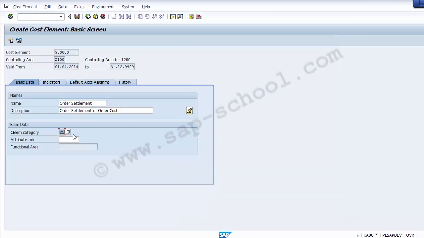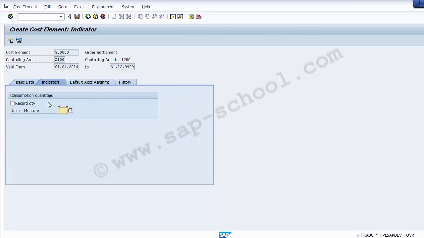And once you have selected the cost element over here, now we can move to the indicator. It's very much similar to that of the primary cost element, that is the quantity, and you can select the unit of measure at the same time. Then comes the next tab, default account assignment, where you can select the cost center or the order. So you can default the cost center or the order in case you want to default for this particular cost